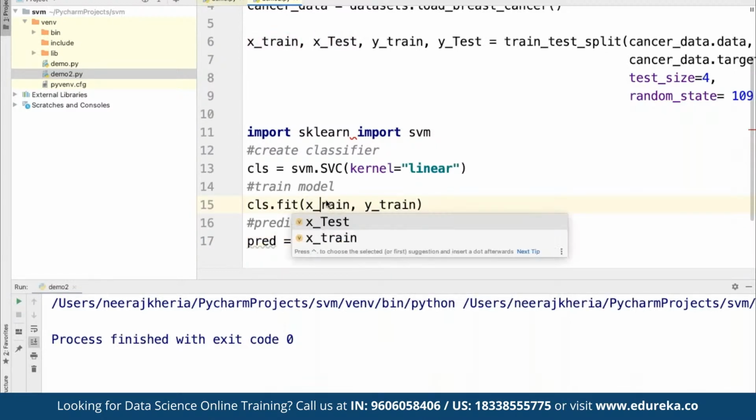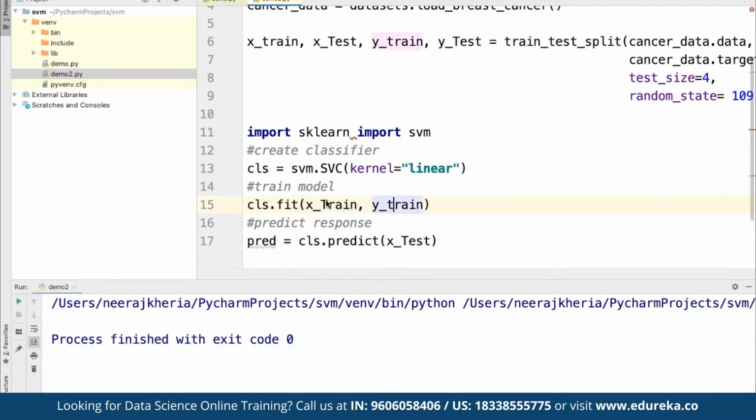We fit on X train and Y train, and then for prediction we do that on the X_test data. That totally depends upon the type of data we are going to import.